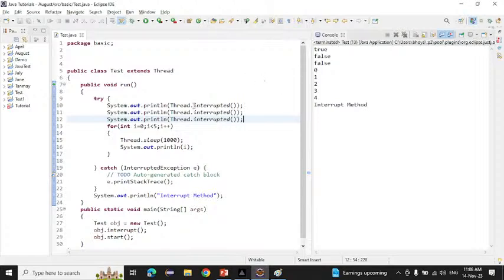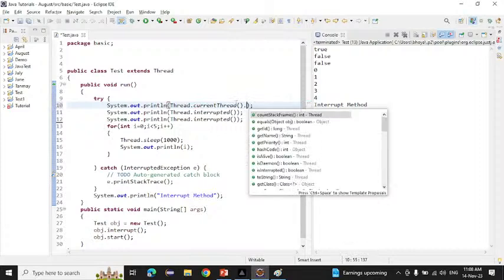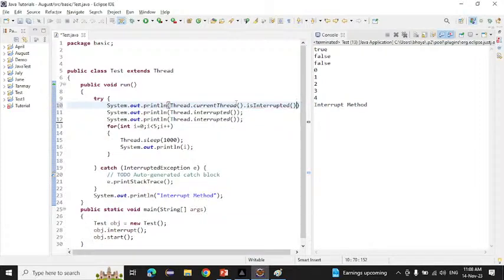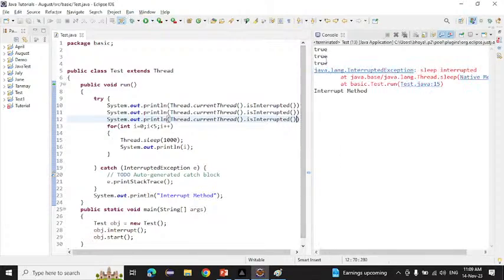Okay, but if you are using the isInterrupted method, how do we have to use it? Current thread we have to use, and dot isInterrupted we have to use. Okay, and simply I will try to print here also, copy, and here. Now what will be the output we will get? True, true, true, or false, false, false. Okay, if I run this one, you will see true, true, true we are getting, and